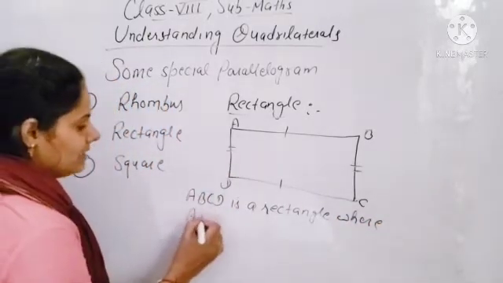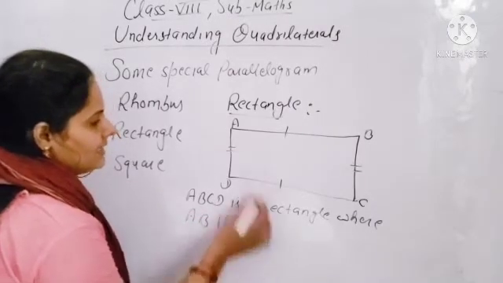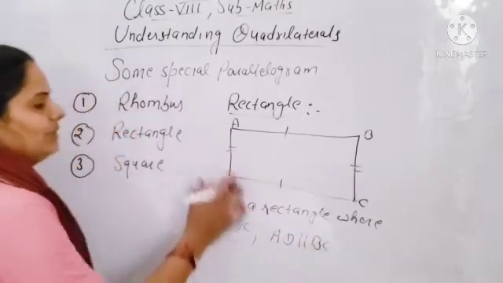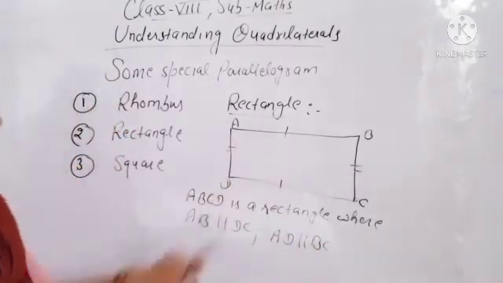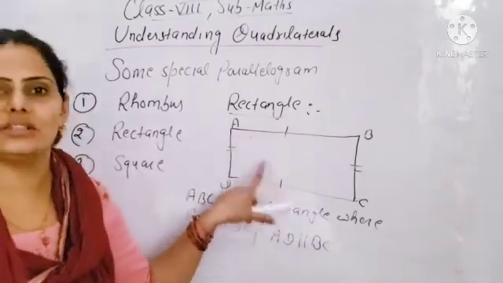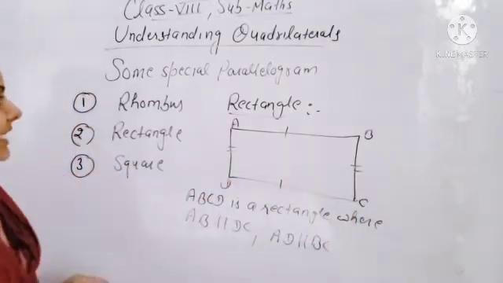And you can say side AB will be parallel to DC, and second, side AD is parallel to BC. Okay, so if these sides are parallel, you can say it will be a parallelogram. Opposite sides are equal in the rectangle, so this side will be parallel to this, so it will be equal. This side will be equal to this side. Clear? Now second property, diagonals.